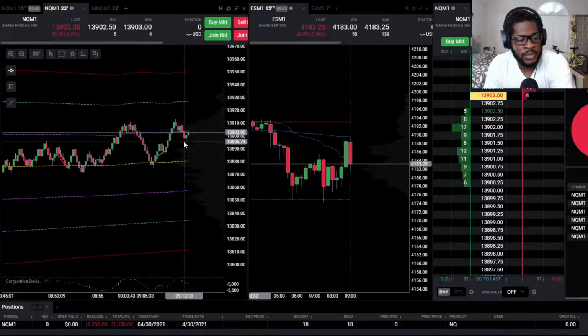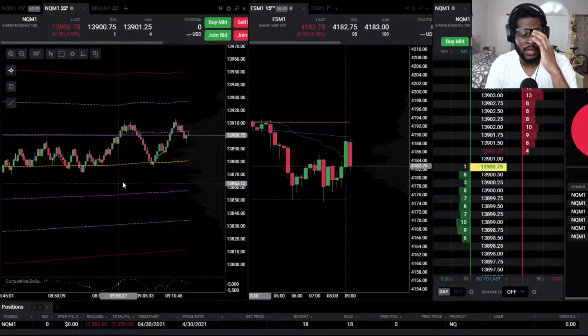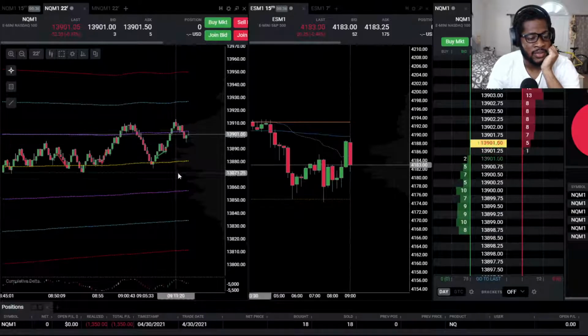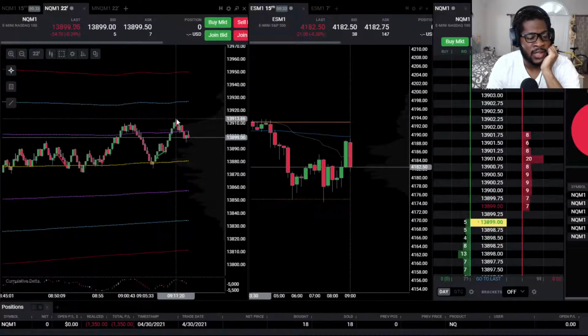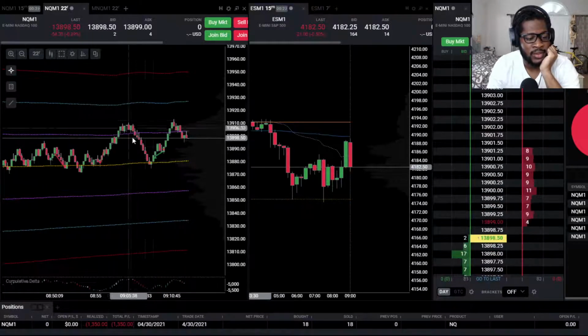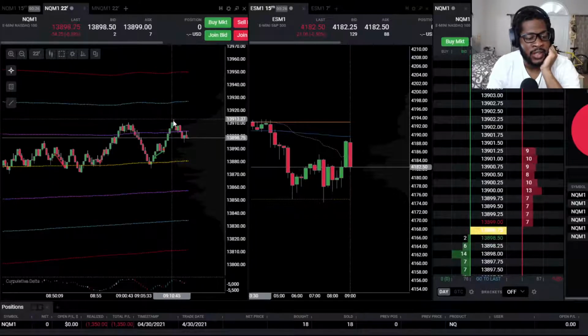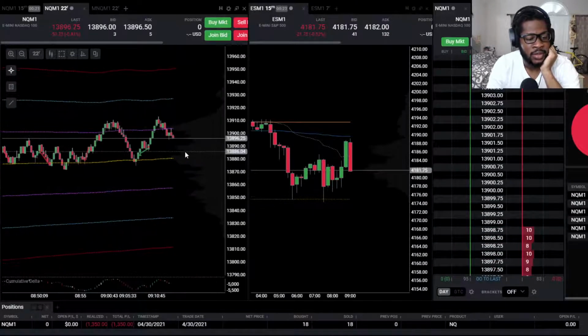Tempting again, always tempting to add long on these little pullbacks when I'm seeing this sort of formation, right? We've bounced off of VWAP a couple times now here. This high is only slightly, but it is higher than this previous high here. So it is a high on the day, just formed. We're pulling off of it. Very tempting to add long.